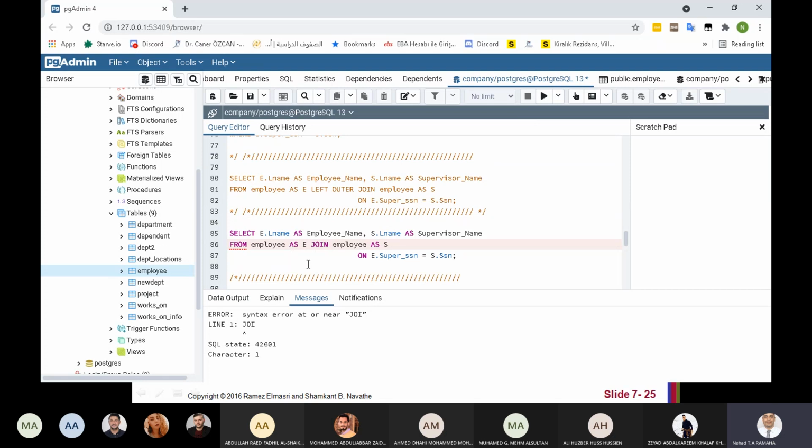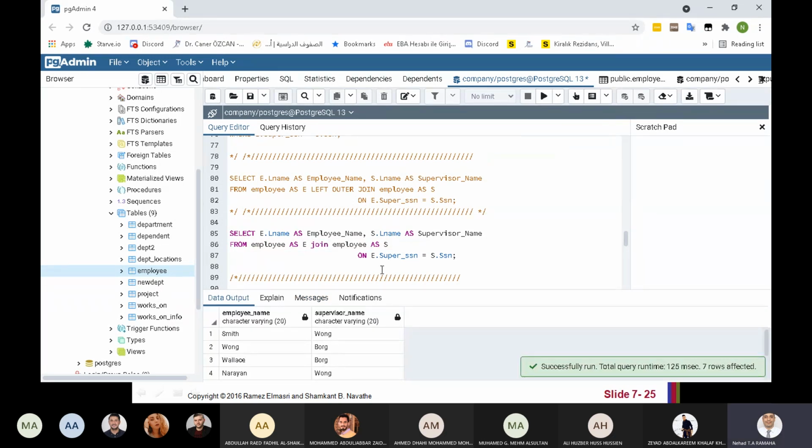Okay, what's the problem here? Join. I don't know what's the problem. Join keyword should be small or capital letter. Okay, but sometimes the compiler here, I feel, has a problem with this issue.